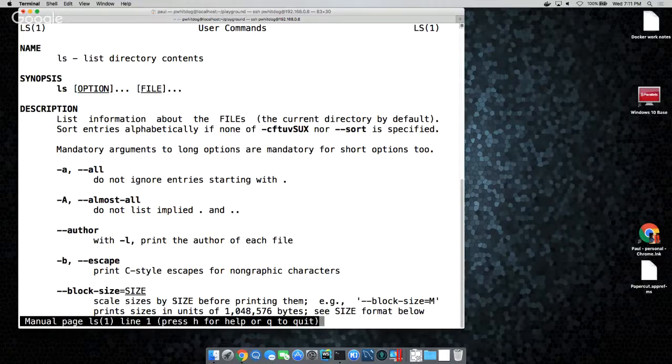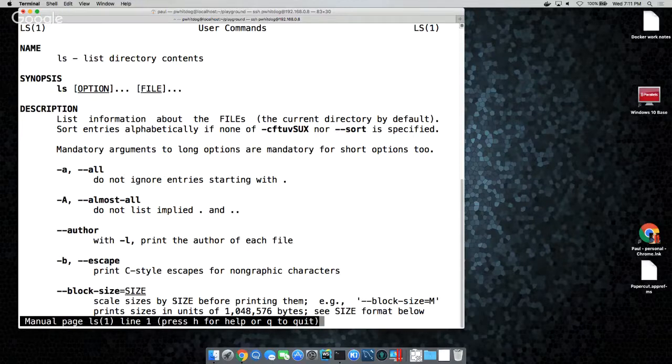And he talks about man pages. He said not all of them follow the structure. They don't have to. It's just a text file. He does talk about this on page 43. Page 43 talks about man pages, how to read them, what the sections of man pages are, and how to get to sections.